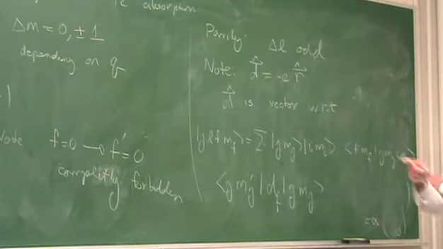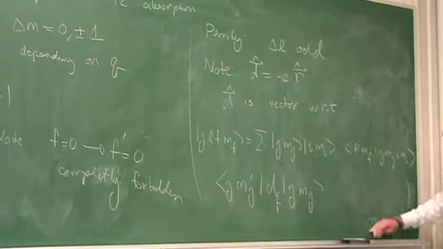Now, M sub J is not a good quantum number in this case, but J is. And this matrix element will be of the form, according to the Wigner-Eckhart theorem,